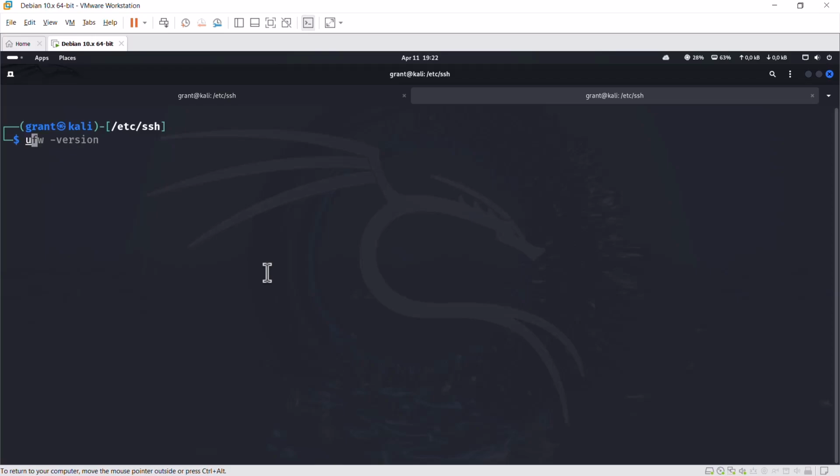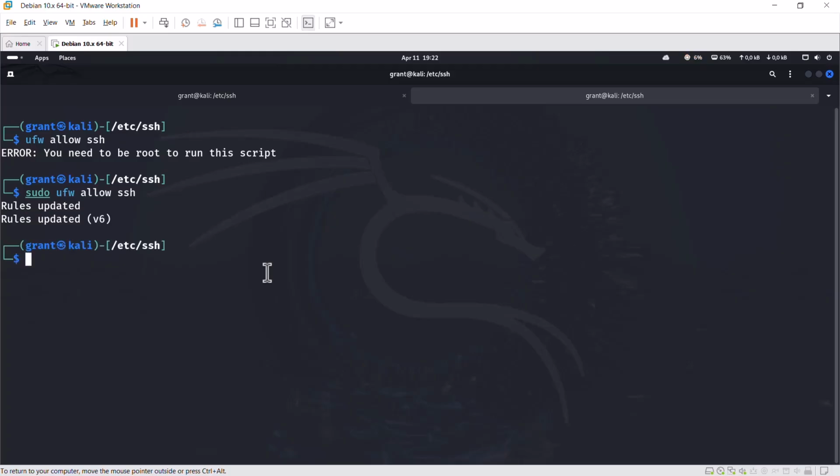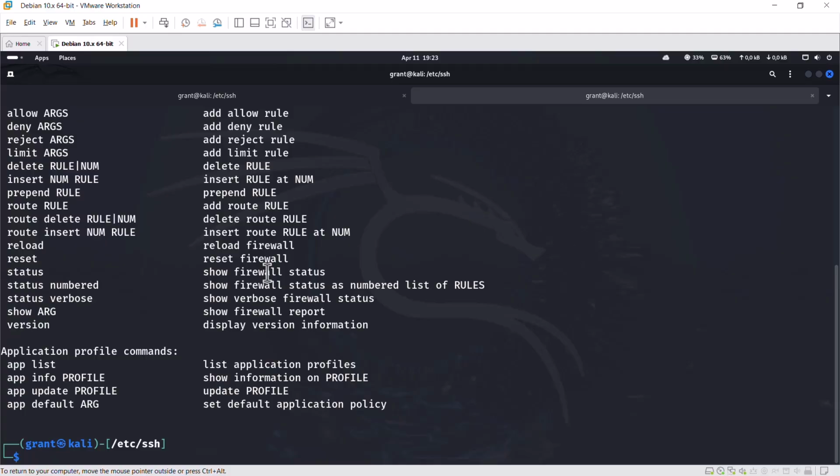and we can chat about allowing certain protocols. So we can do this, ufw. If we want to allow SSH or disallow SSH, I can allow SSH and hit enter. Okay, you need to be root. Remember that: sudo ufw allow ssh. Go ahead and smack enter. And rules are updated. So if we want to disallow SSH, we can do sudo ufw disallow. I think it's disallow. Soon find out. SSH. No, it's given us